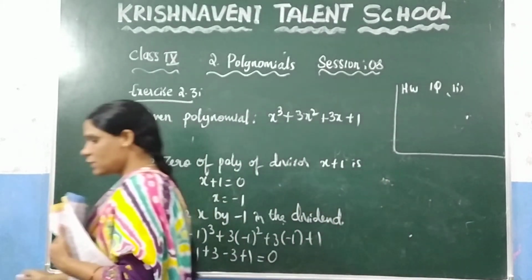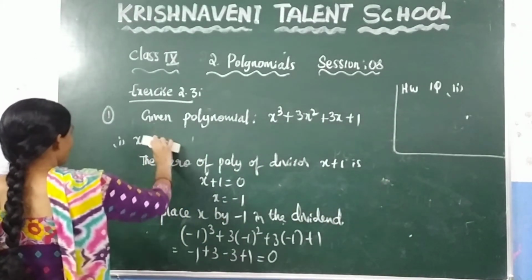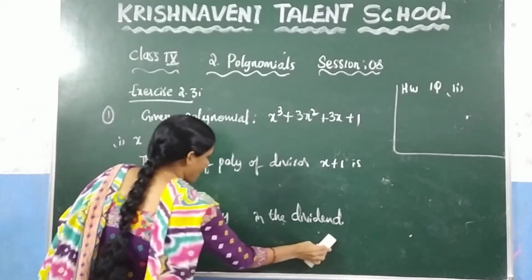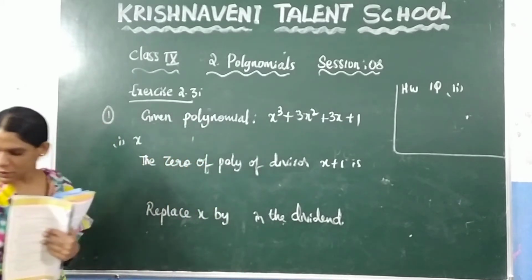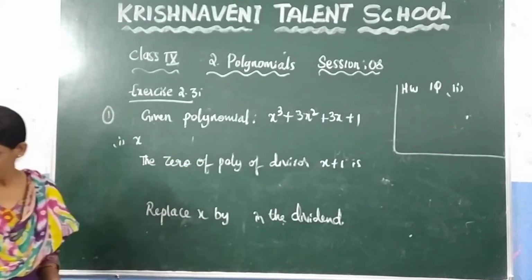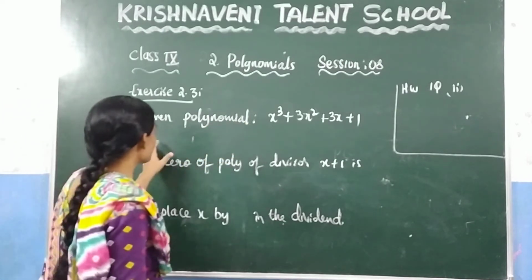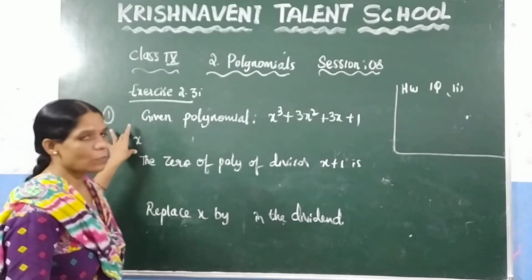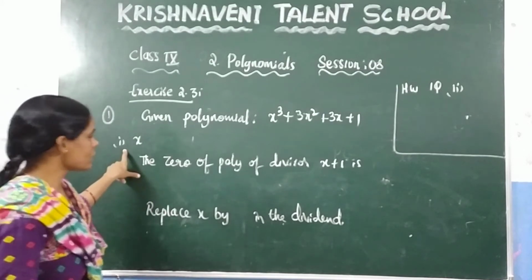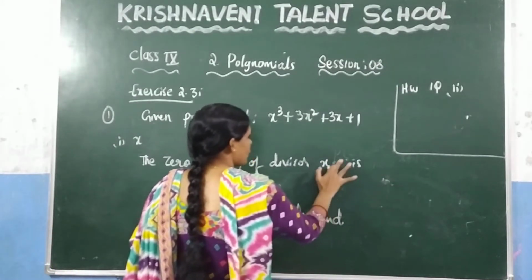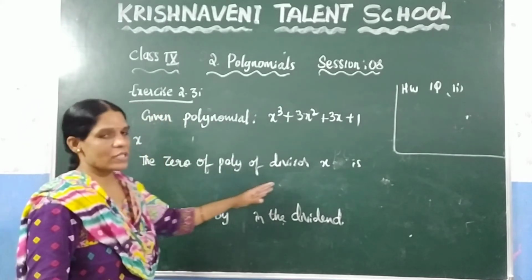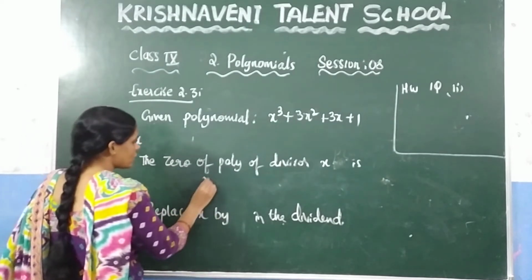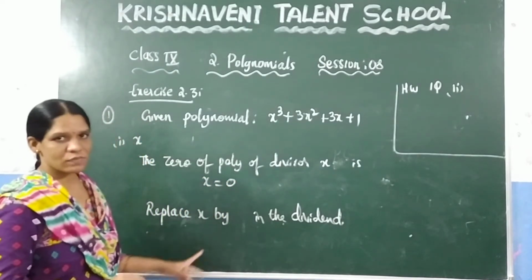Now let's see the third one. They have given the polynomial x. In the third question, you need to divide these two polynomials without doing the actual division. So what is the first step? You need to find the zero of the polynomial of the divisor. What is the divisor in this case? Which is x. If you want to find the zero of x, you need to equate this value to 0. So you are getting the x value as 0.